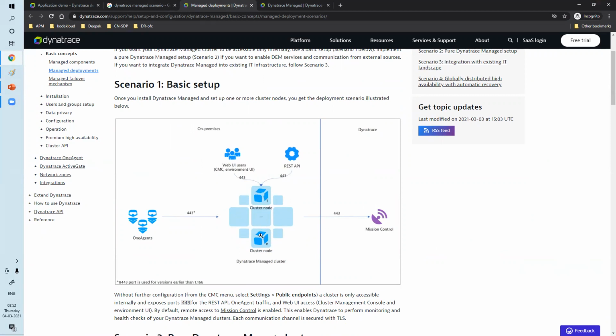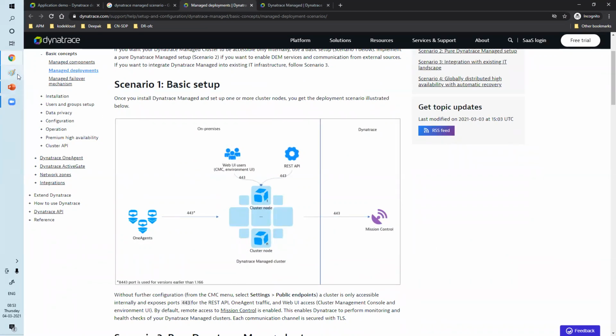We can keep a one-node cluster or a two-node cluster. One agent is connecting with the cluster node, and it is connected with the web UI users, and there is one more CMC portal, and it is connecting with the REST API.